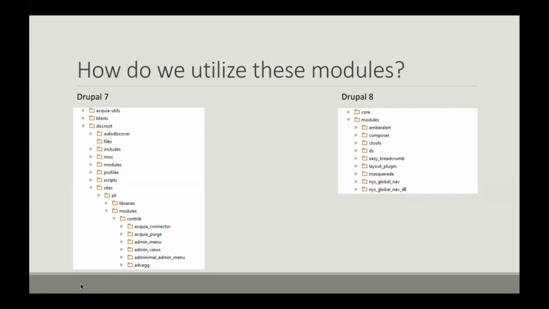Utilizing a module is as simple as downloading that module from Drupal.org and dropping it into a designated location within your site. Drupal 7, as you can see here, is under sites, all modules. Drupal 8 simplified it a little bit. It's under the top level /modules directory. Also, for further organization, you can create subdirectories within that modules directory. As you see in the example for 7, there's a contrib directory underneath modules. You can have a contrib or a custom module subdirectory for your custom and your contributed modules.